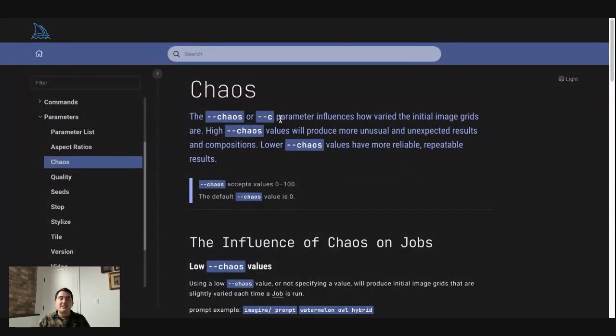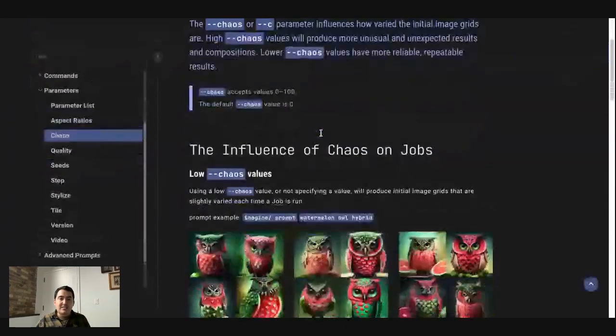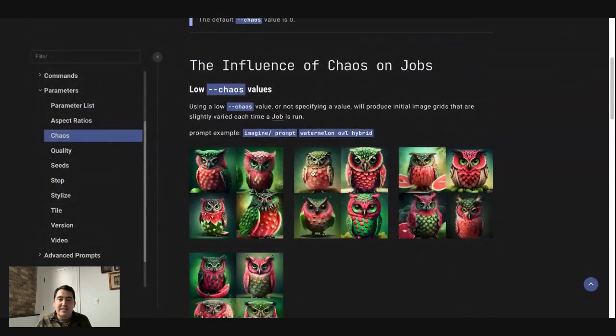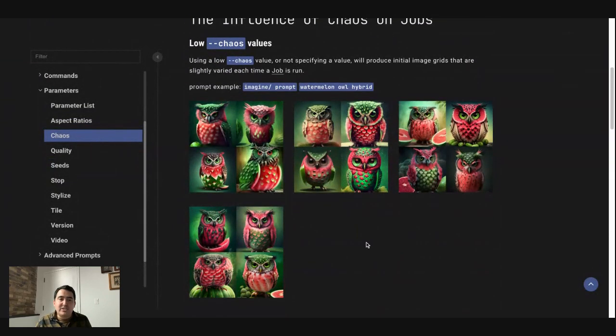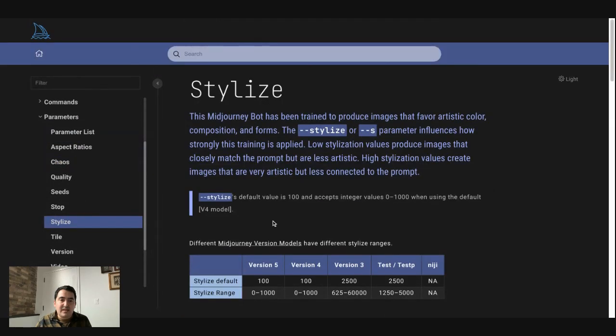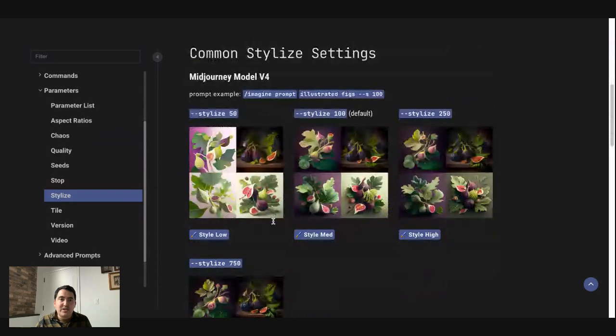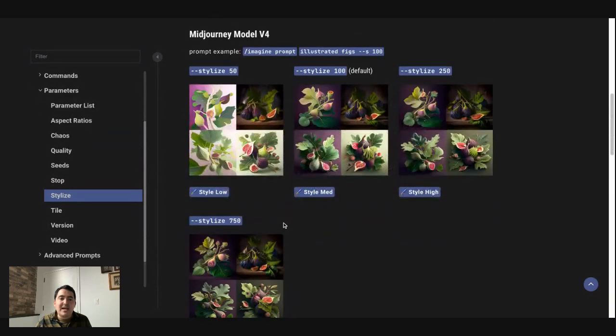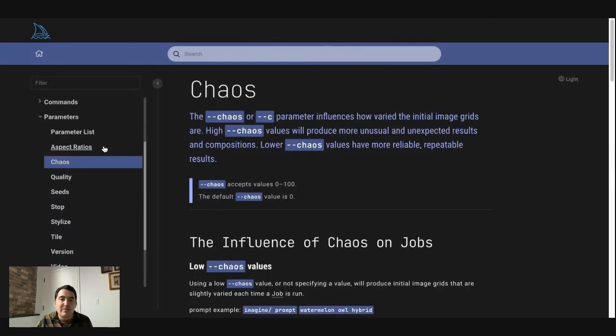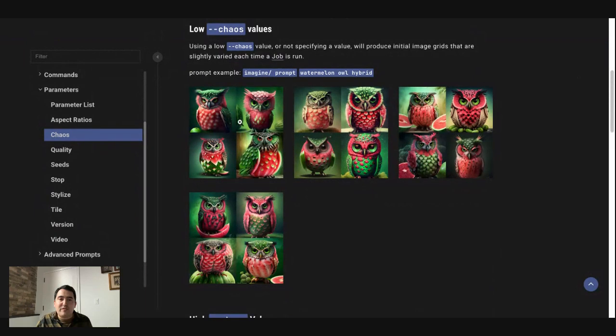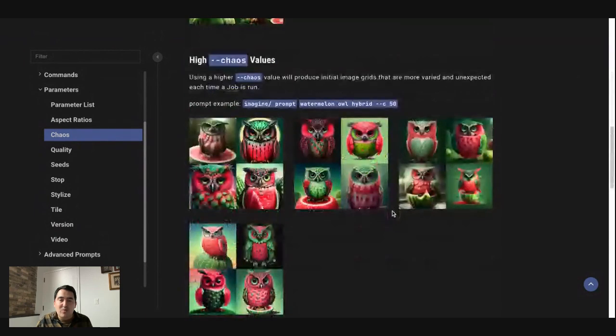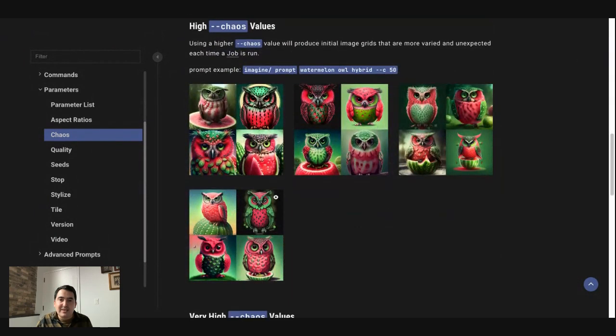So --chaos. This influences the difference between each of the 4 images the most. I think you could also try using stylize, but stylize is just how much freedom you want to give Midjourney, but it also might help working both of those. But I would first try chaos, and it should mix up your 4 parameters more. Yeah, you can tell.